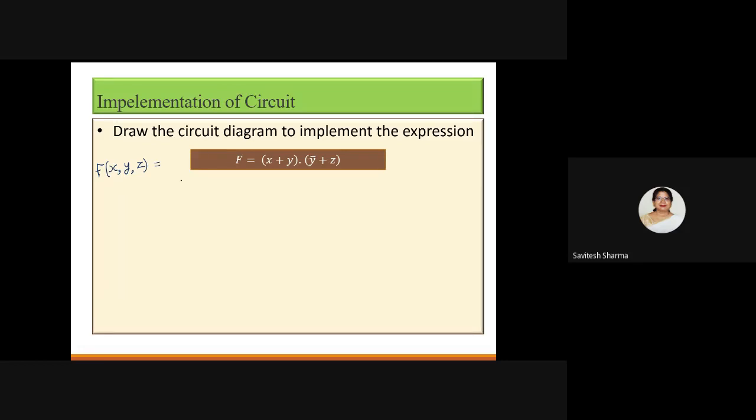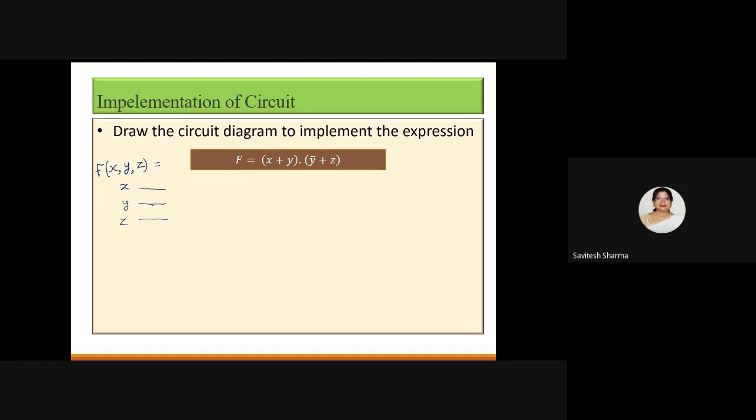So first what will you do? You will first draw the lines based on the number of inputs. How many inputs are there? X, Y, Z. I am telling you the procedure of how to convert your Boolean expression into hardware. First, you will see how many variables are there. Based on that, you will draw the lines, and then you will see how many variables require inversion. Over var means complement, or you can say inversion. Here your y variable is the only variable that requires an inversion.